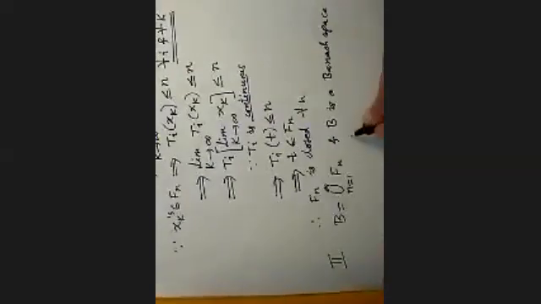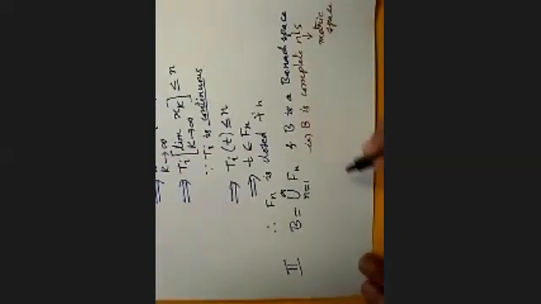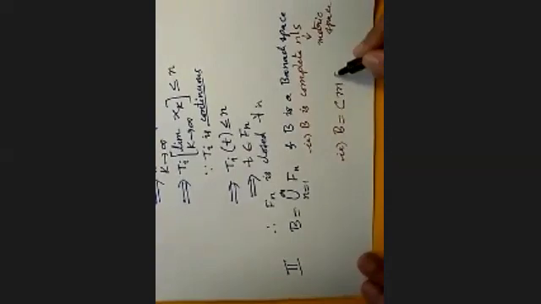B is complete normed linear space, and every normed linear space is a metric space. So our B is a complete metric space, and B is a countable union of all Fn's. Our B is a complete metric space, so by Baire category theorem